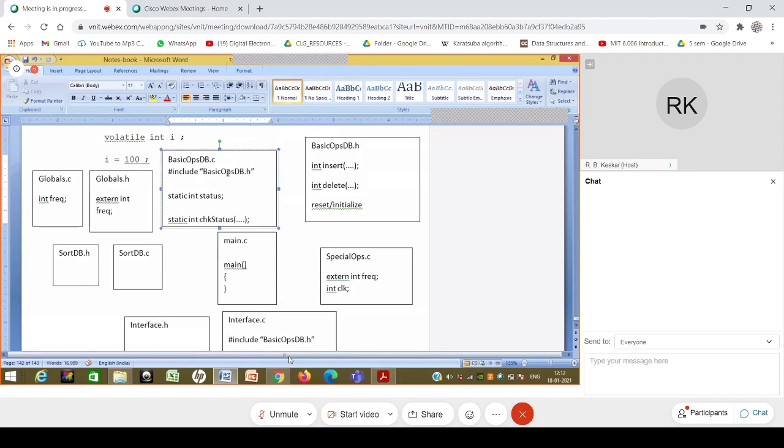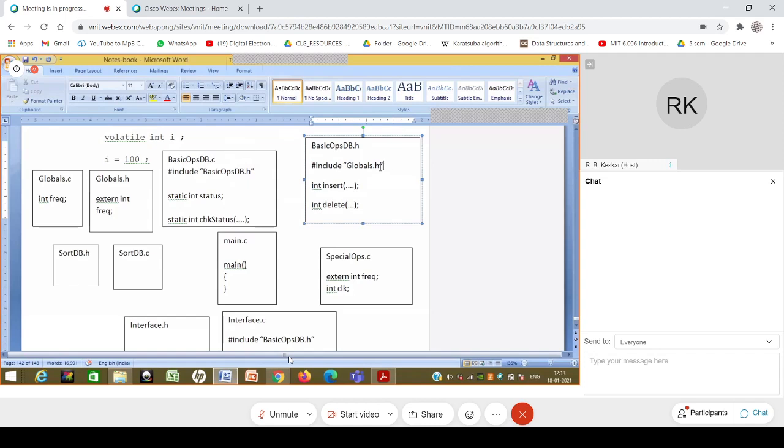So if the basic ops db author knows that globals.h is required inside basic ops db.c as well as the .h, what they typically do is this. The basic ops db.h file will write the first line as hash include globals.h. So what happens because of that? Neither basic ops db.c nor anyone else needs to include globals.h separately.